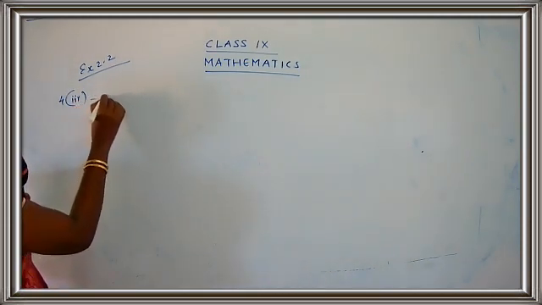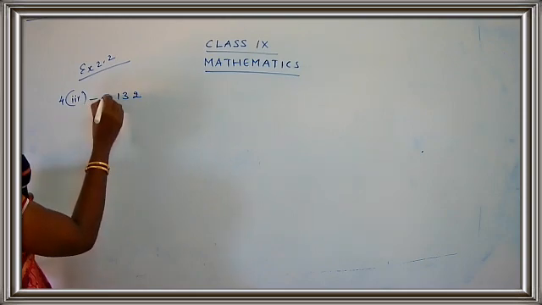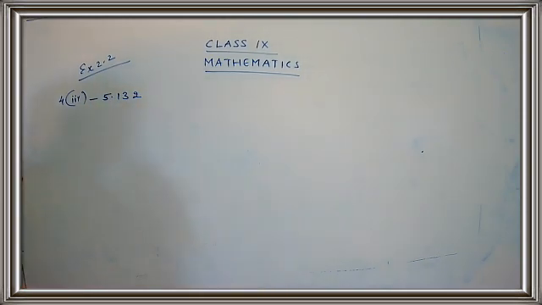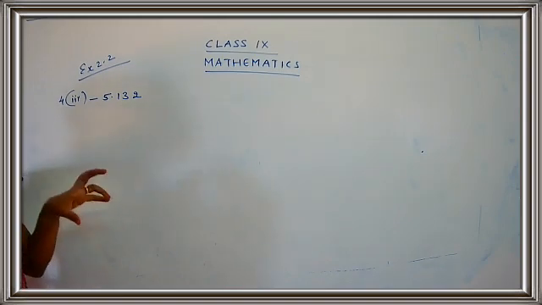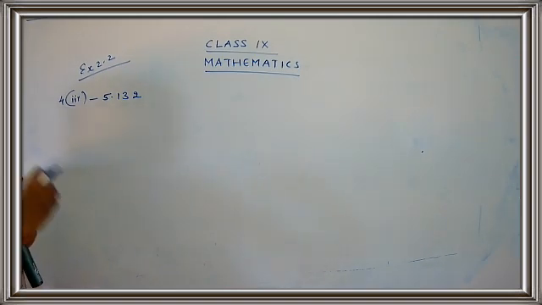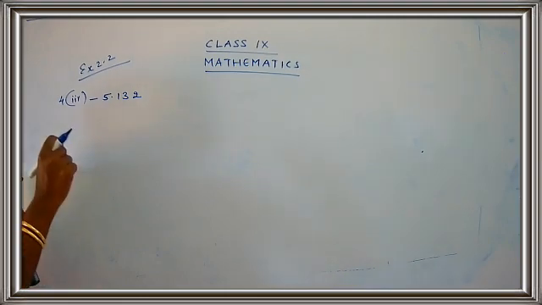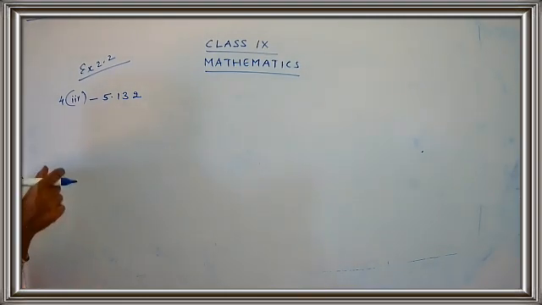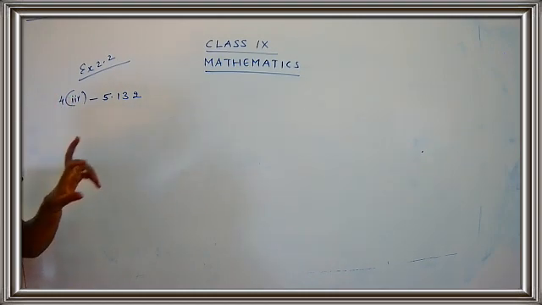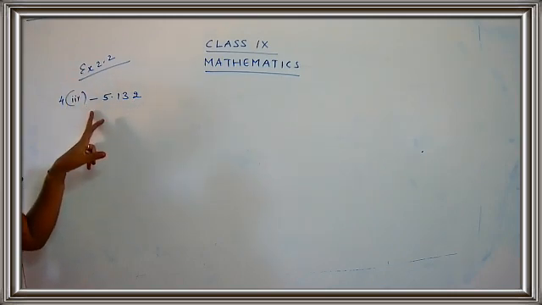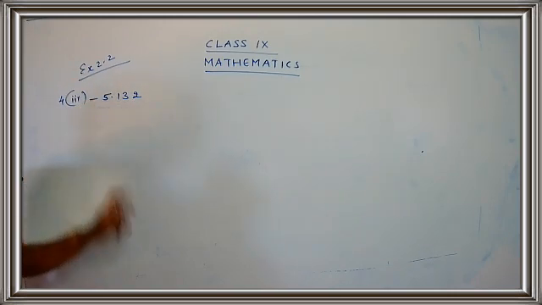It's minus 5.132. Now here in the sum there was no bar. We have done the first sum, and in the first sum we had a bar. What is the meaning of bar? The set of numbers is going to be repeated, so we just use a bar. The bar indicates that particular number is going to repeat again and again. But in the third subpart, you don't have any bar. It's just 5.132 along with the negative sign. Here just a negative number.